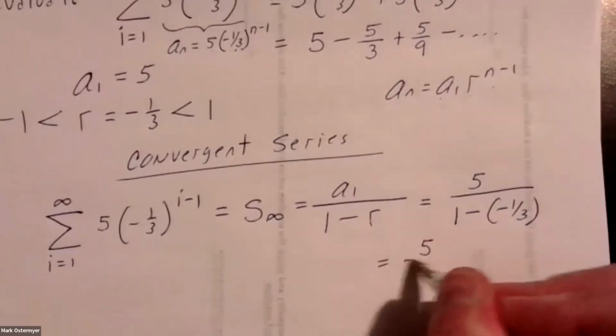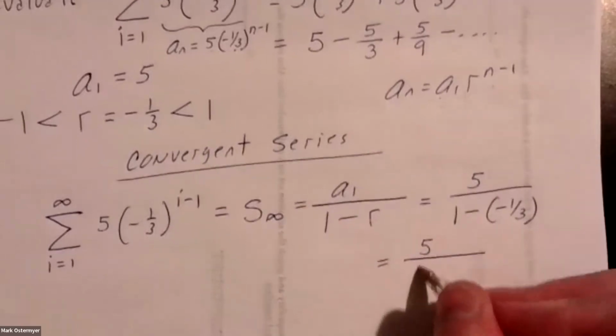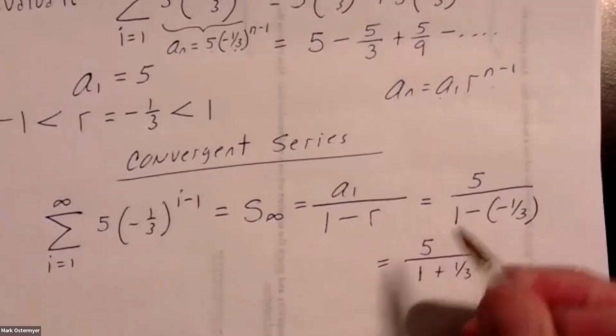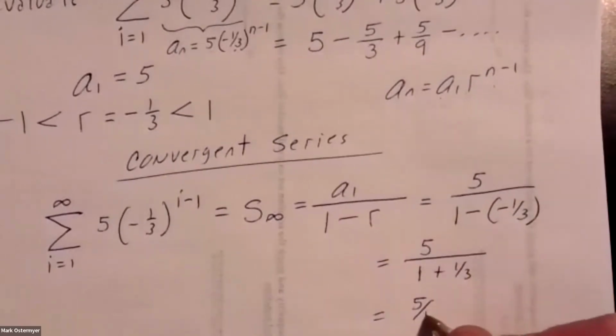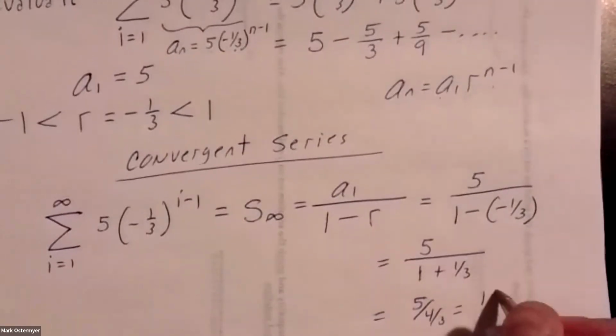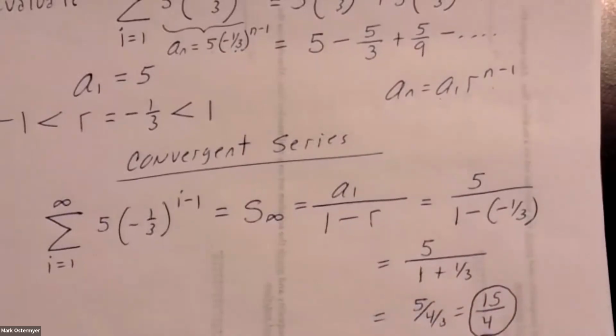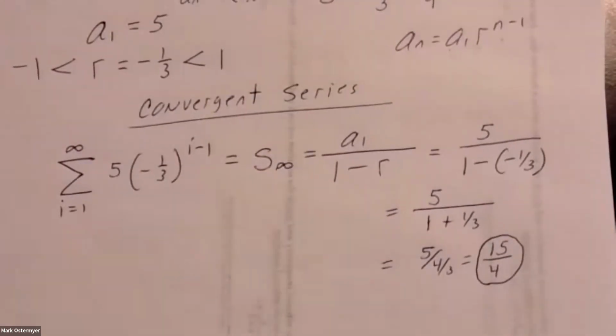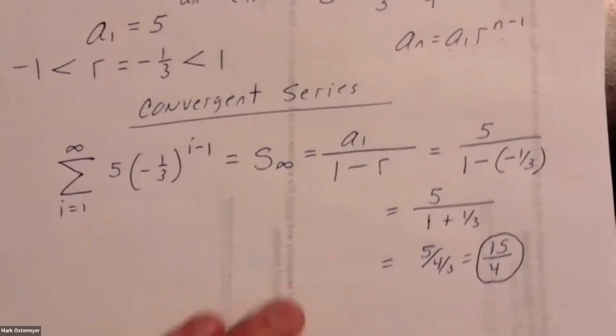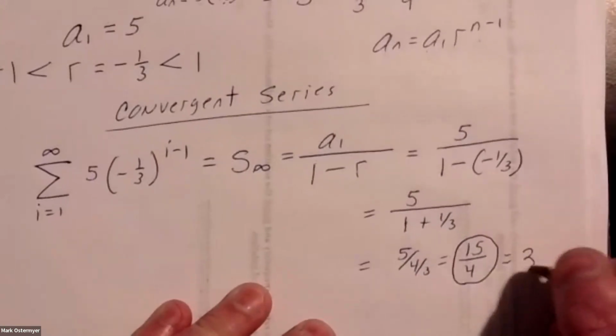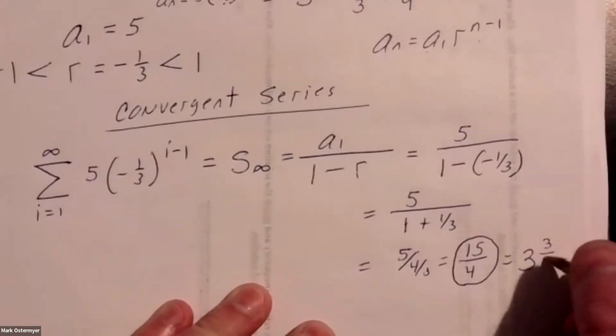So it's going to be 5 over 1 plus 1/3. 1 plus 1/3 is 4/3. So we're going to have 5 divided by 4/3, which is 15/4. And there you go, that's your infinite sum, 15/4. That's what adding an infinite number of those terms together gives us. As a mixed number, this sum is 3 3/4